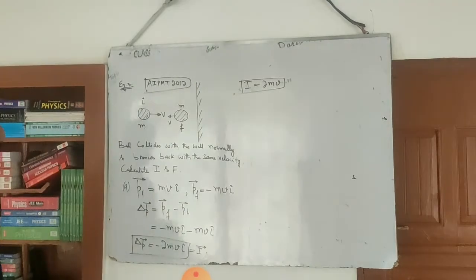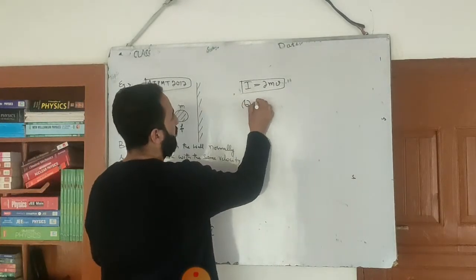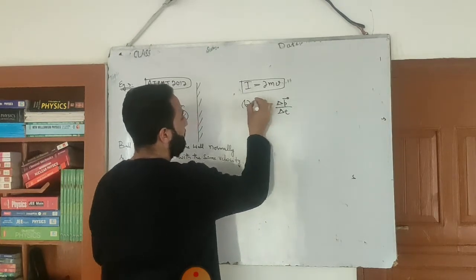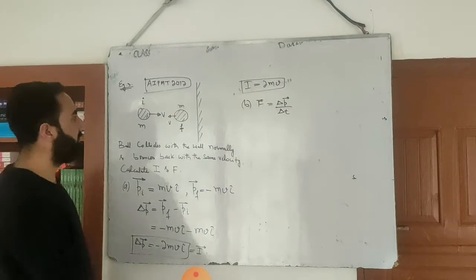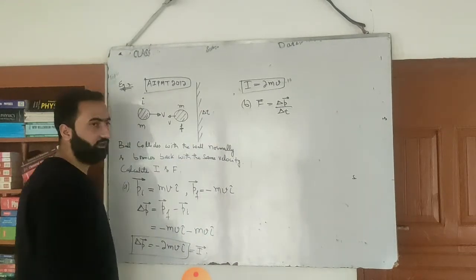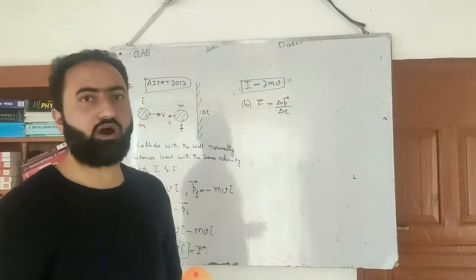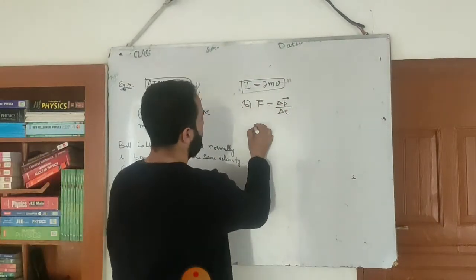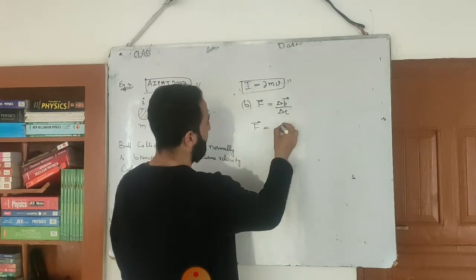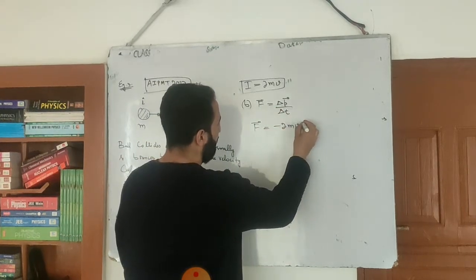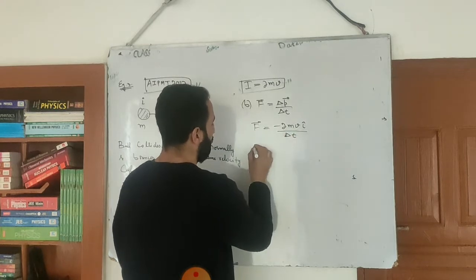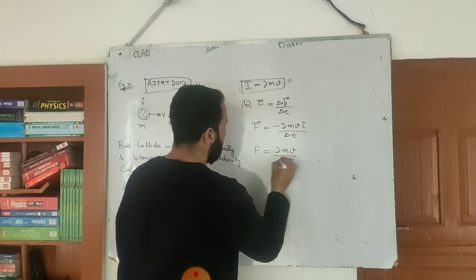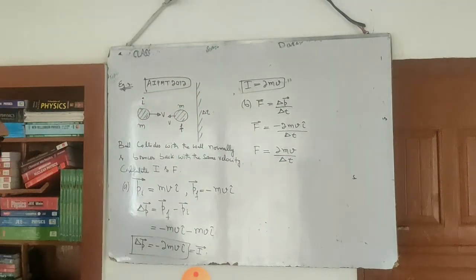Okay, B part is that you want to calculate the force. Force will in turn be equal to delta P divided by delta T like this, where delta T is the collision time. Suppose that is given to you. Collision time implies the time taken by the ball to collide with the wall and then bounce in the backward direction. That's called collision time. So force F will be equal to, in place of delta P what will we write? Minus 2 mv i cap, divided by delta T. And if you want to calculate the magnitude of the force, that is simply twice mv divided by delta T. As simple as that. It's done.